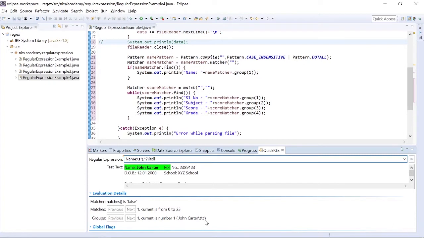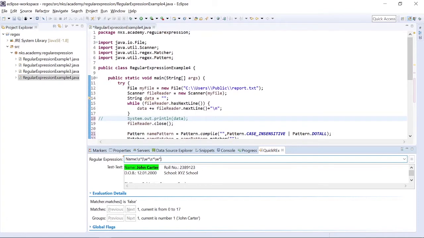Okay, but this is not a good way of writing regex, because suppose in future something else comes in between, it will also be captured, right? So we should do something like, it should only capture the name. So how we can do this? I will remove this, and in the group I will do backslash w star, backslash s star, backslash w star. Now it is only capturing John Carter.